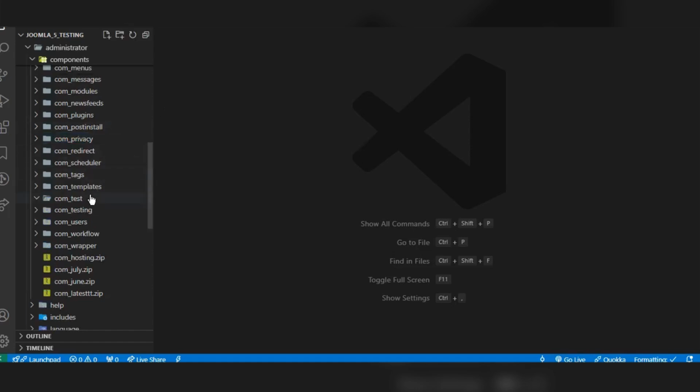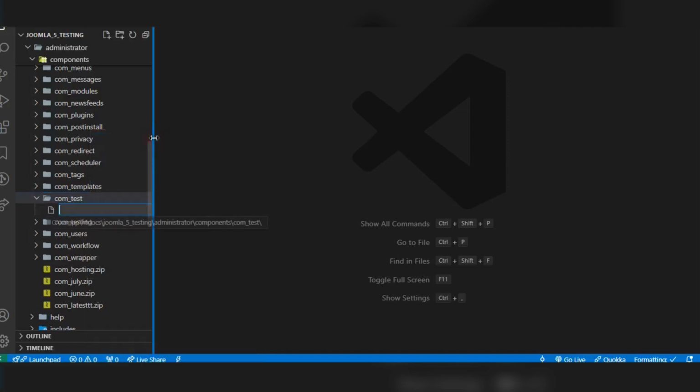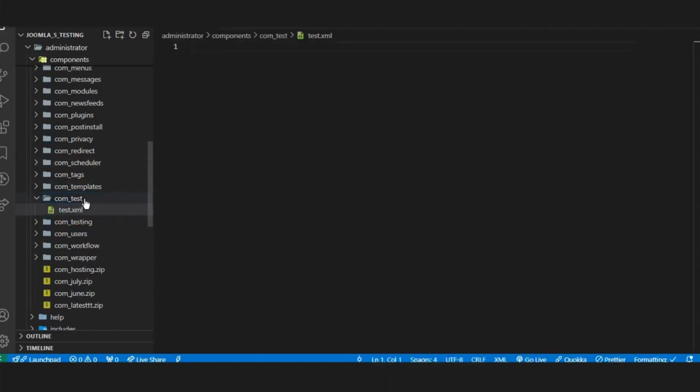Before creating model, view and controller, we have to create an XML file and a PHP file for the entry point. We have to create an XML file and a PHP file for the initial entry for the component. So I will give the name as the project folder name, test.xml, and the next one is test.php. So we have to create these two files first,